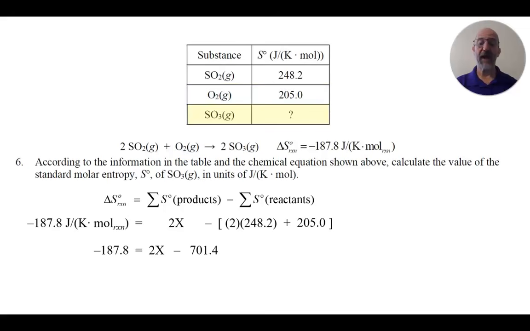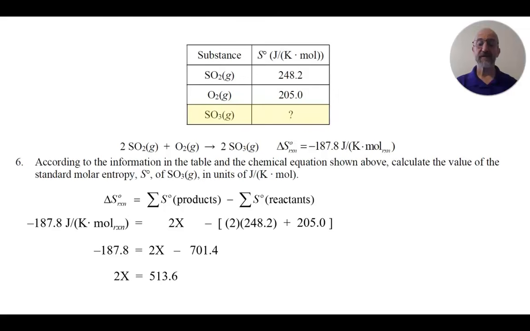So when I do that math, I get negative 187.8 on the left, and on the right, I get 2x minus 701.4. Now, this just becomes algebra. All I have to do is solve for x, and I will have the answer to question 6. I'm going to add 701.4 to both sides of this equation, and so now I get that 2x is equal to